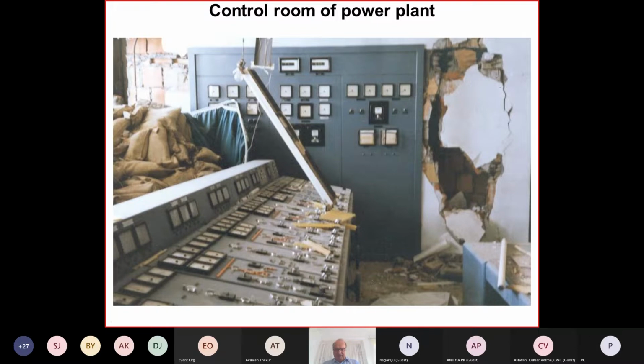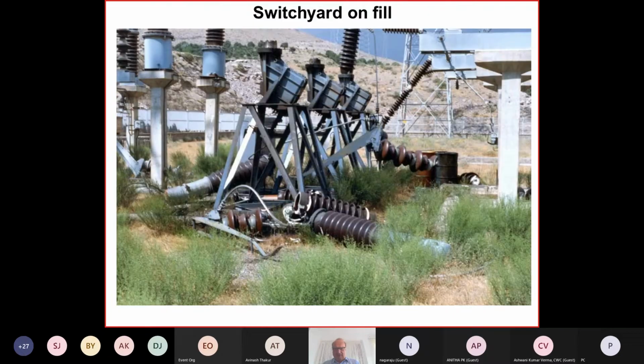When we were there, we were just put into a ship container. We have a power plant here, whose control room is also damaged. You see the switch yard also damaged, with the insulators. I would like to mention, just qualitatively to look at it, these insulators are characterized by a high center of gravity. Under ground shaking, with a high center of gravity, we have a large overturning hazard. In addition, the